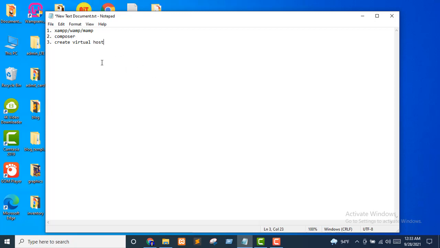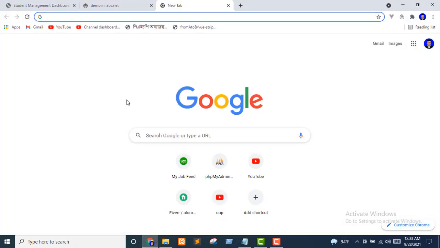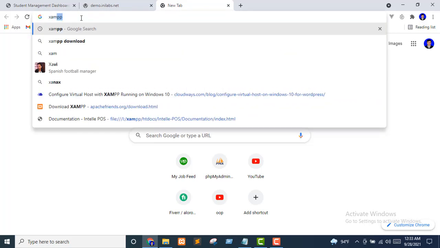I will show you the XAMPP software installation and configuration and how to create a virtual host. For this, go to a browser, Chrome or any kind of browser. Here I open Chrome browser and search XAMPP